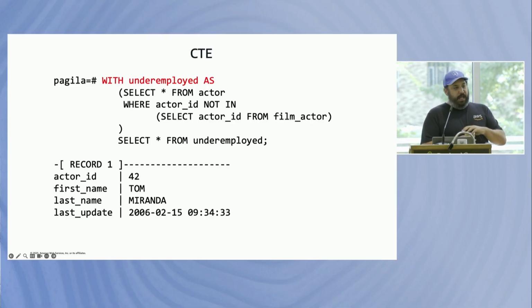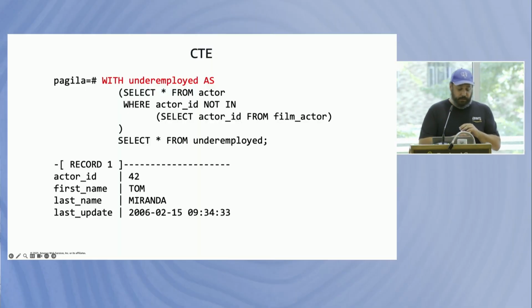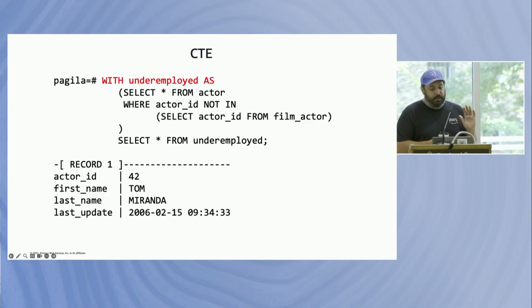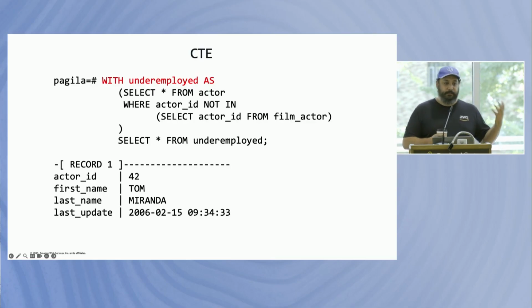Let's imagine I want to see all the actors who are not actually good at their jobs, but we're not allowed to say that, who have failed to have their skills utilized by employers because capitalism. And we're going to get a list of them, and we'll call them underemployed, right? They're not being taken full utilization of. So I could do that as a CTE. So what I do is I just name this object, right? This is my common table expression. I'm going to call it underemployed as, and then I'm going to run a query